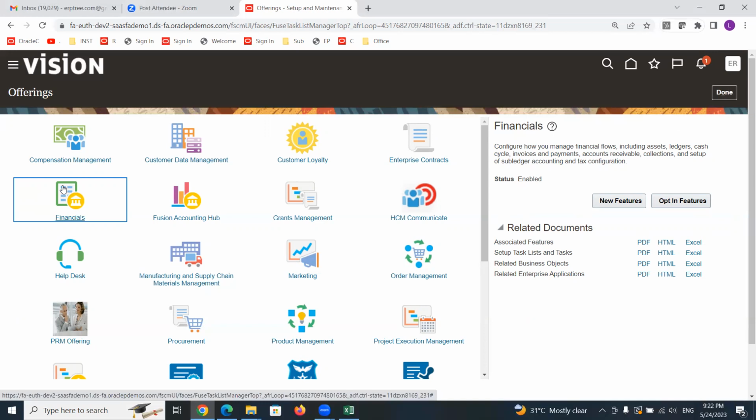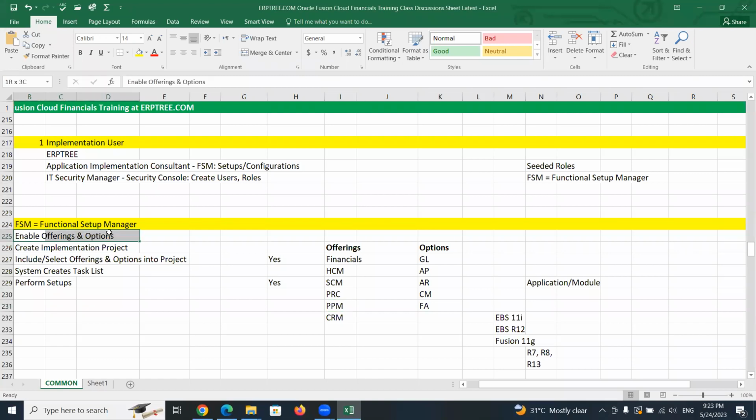In every fresh instance, you have to follow this process to enable offerings and options. When we are going to enable, you need not enable very carefully, not required. Just go and enable everything, no worries. If you enable everything, nothing is going to happen. You have to set up, then only you can use those. Anyway, you won't set up, since you are not going to implement those for your client. If you don't want to enable, don't enable, since you are not going to implement. That's all about enabling offerings and options.